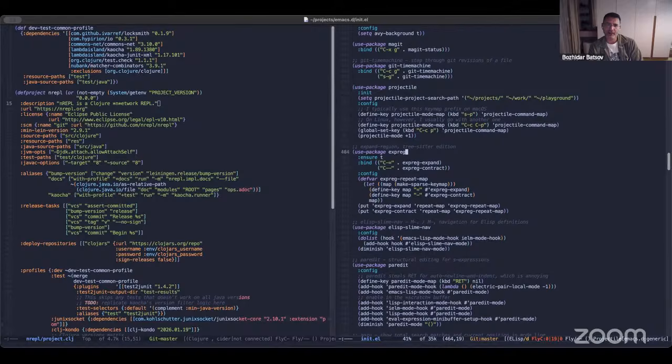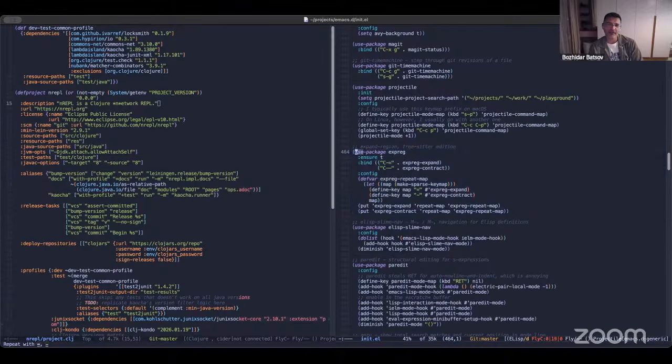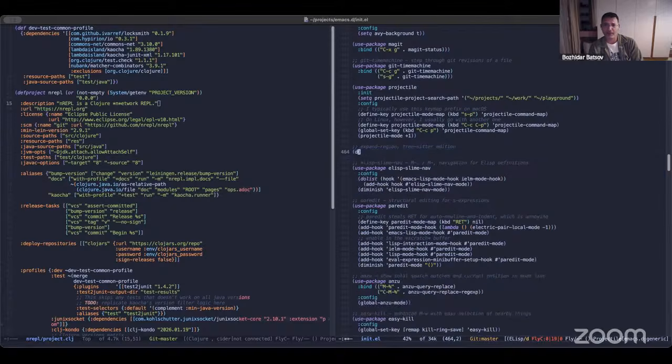This next plugin, expand region, is very useful in Lisp-like languages like Clojure, and I constantly use it. Is it like folding or shrinking code? Like if you have a defn, it'll make it one line in the buffer? Oh, no, no. It just allows me to select it so I can do something with it, like replace it